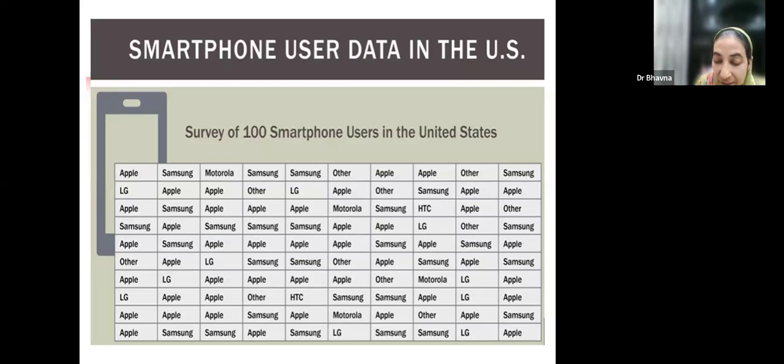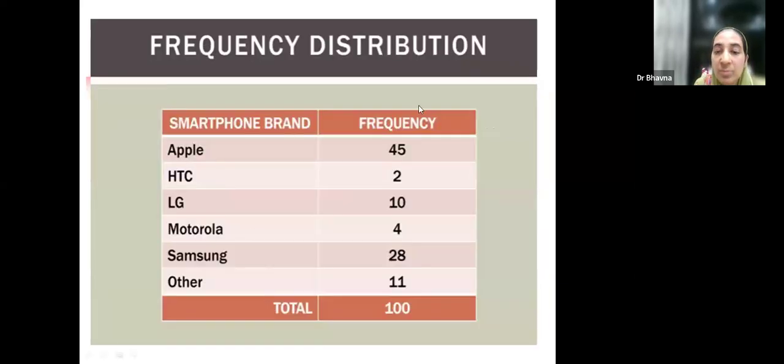Okay, so what do we do with this data? We organize this data into something like this. See, now it is more clear. You look at this data, you know what the total number of users was? 100. Apple was the most frequently used phone. 45 people were using Apple. Samsung was being used by 28. LG was being used by 10 and the least used was HTC. Okay. Some sense of data you're getting. But still, I had to spend a few seconds looking at the numbers and telling you that Apple is the most frequently used phone. HTC is the least frequently used phone. So a better way of representing this kind of data is this.